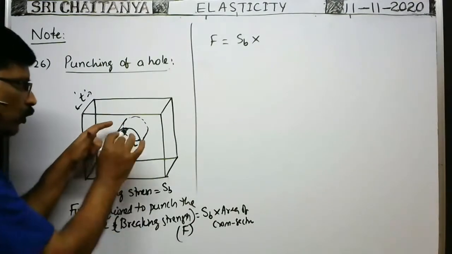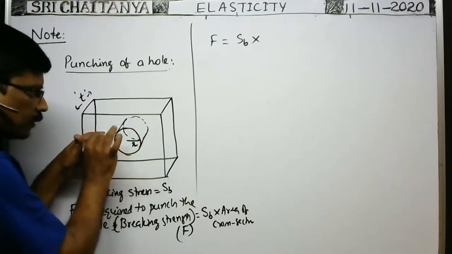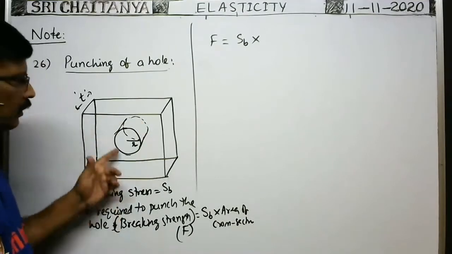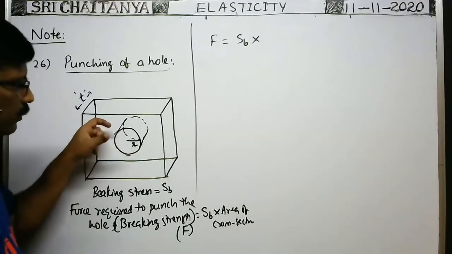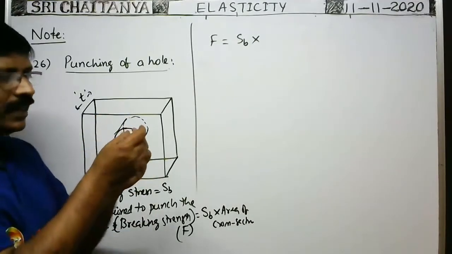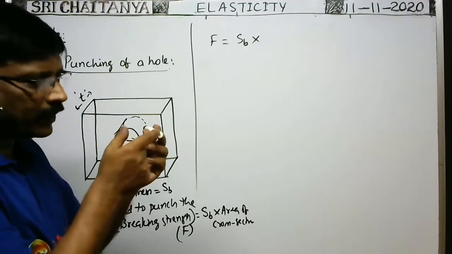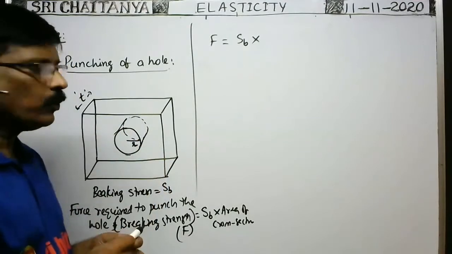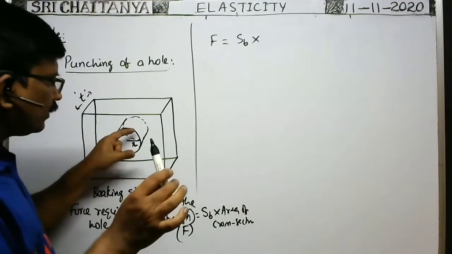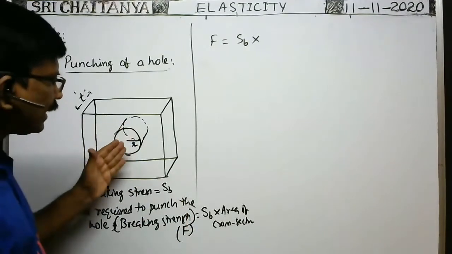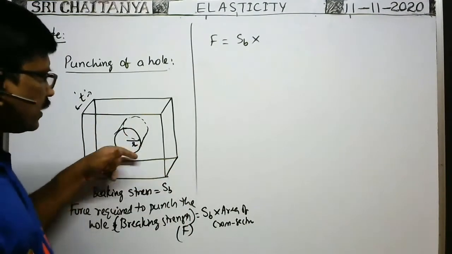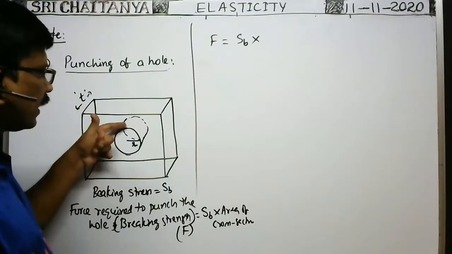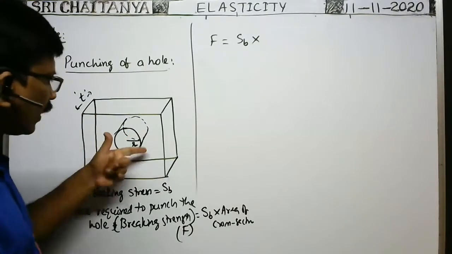To punch the hole, force must be applied at the circumference, tangential to the surface. Already the rod is there, at one end it is depressed so that the edges are sharp. That is in the form of a circle, so that a circular hole is punched. So force is applied by the rod at the circumference of the hole only, along the tangential direction. So what is the tangential surface area on which force is applied to punch the hole?